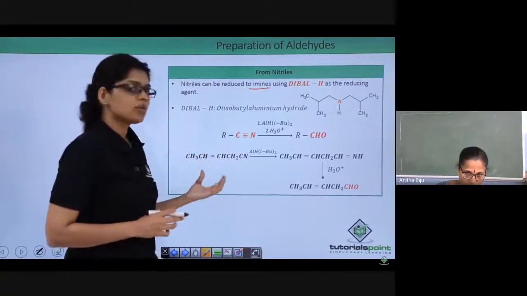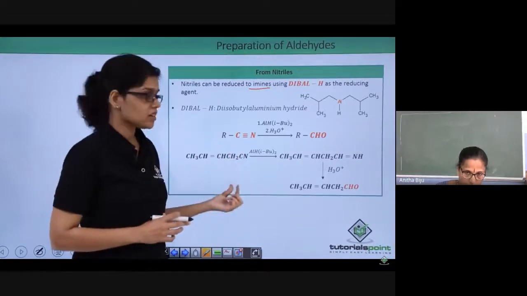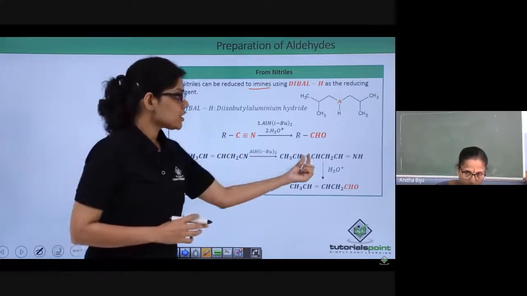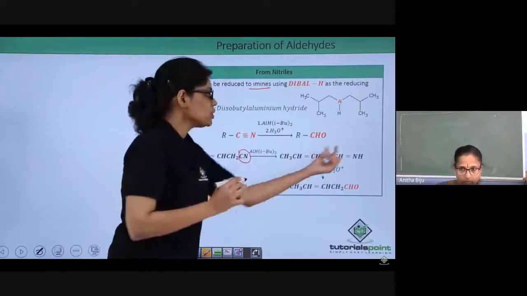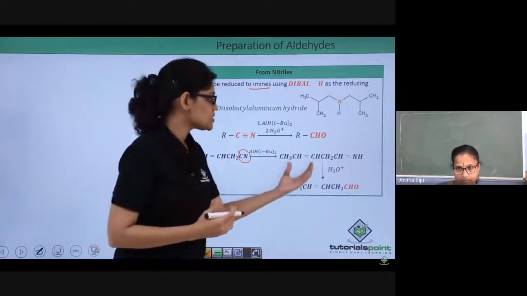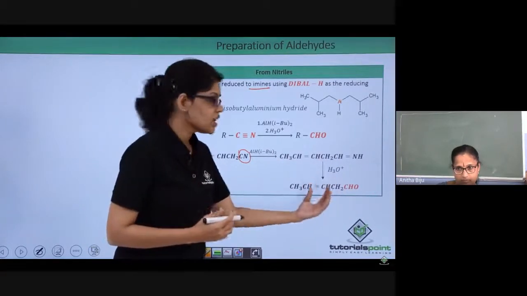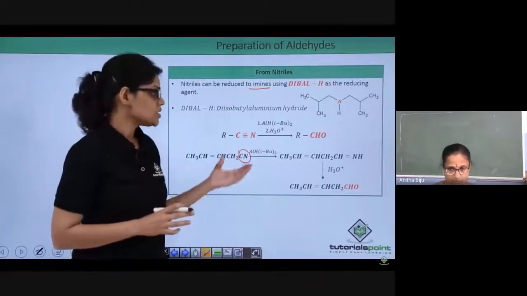That is, this compound has an alkene as well as a nitrile group, and when this is reacted with DIBAL-H, it does not affect the alkene, it simply reduces the nitrile to imine, as you can see here. Now on hydrolysis, you can simply see that an aldehyde is obtained, the double bond has not been affected at all. That is, this reagent is highly